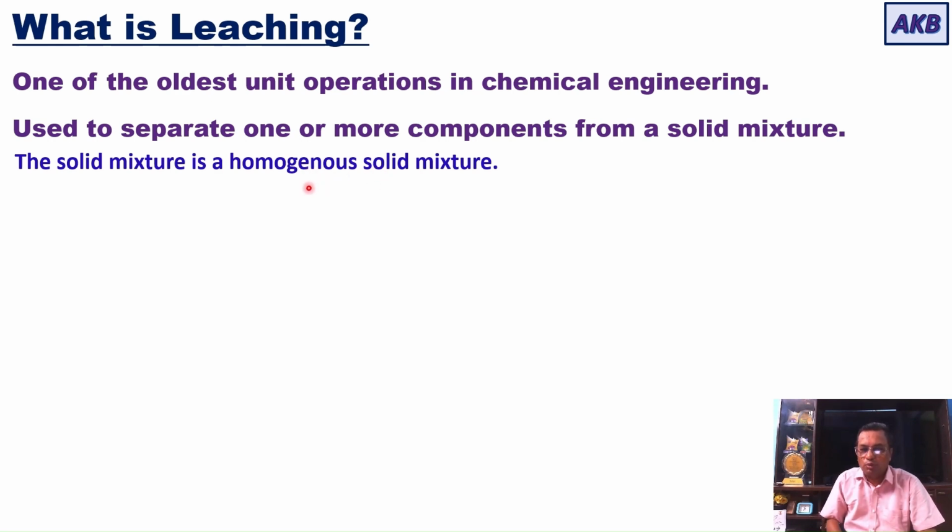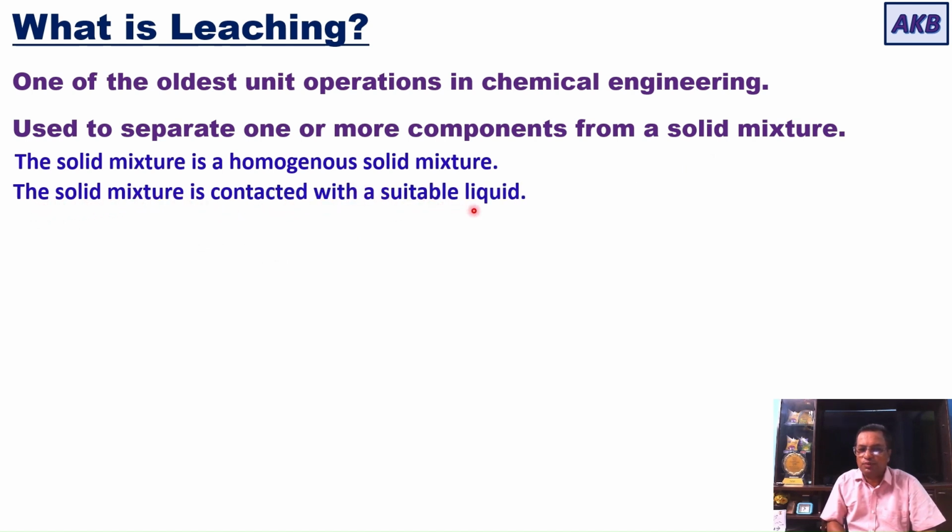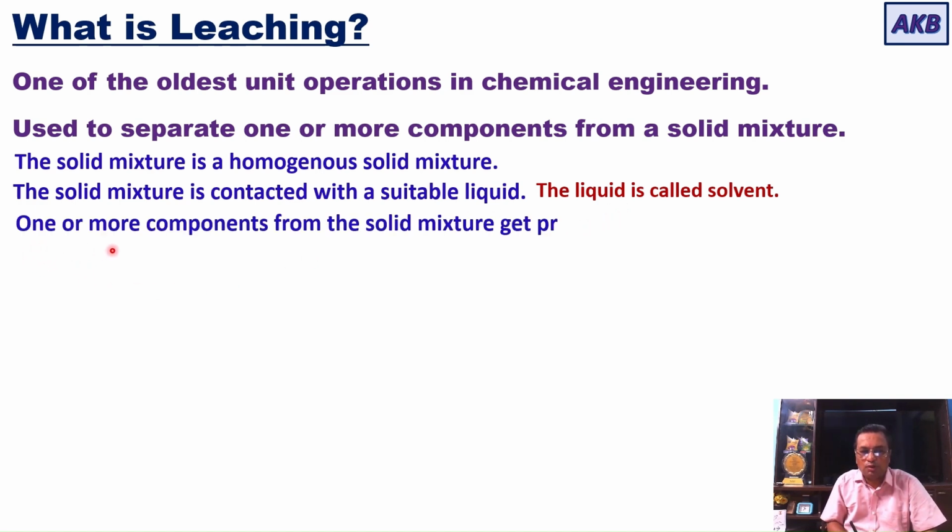But we are talking about a homogeneous solid mixture, and in order to separate one or more components from it, we use the unit operation of leaching. For this, the homogeneous solid mixture is contacted with a suitable liquid, and this liquid is called the solvent. During this contact, one or more components from the solid mixture get preferentially dissolved into the solvent,